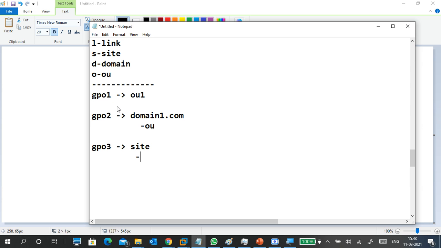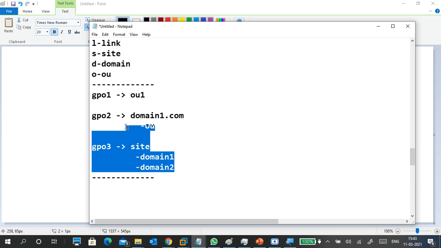So better to talk state-wise. Pune one region, Hyderabad another region, Chennai another region, Delhi another region. In that area, what domains are there? My domains within the forest only. Multiple domains are there, right? Those domains are under a site. So that is a site. If you link a policy on a site, you have so many domains under that one. Domain controllers are there. For example, all these domains will get affected with the policy.